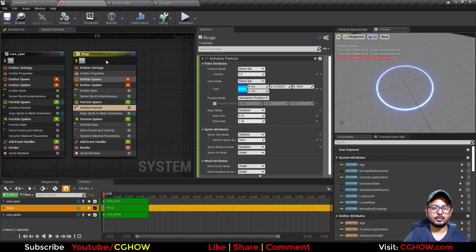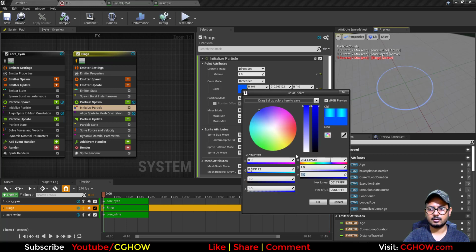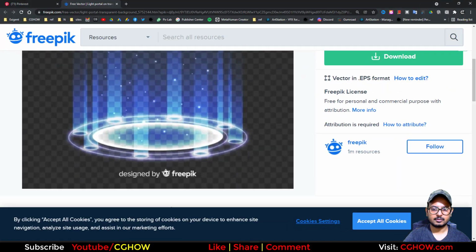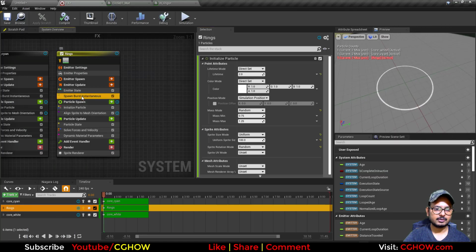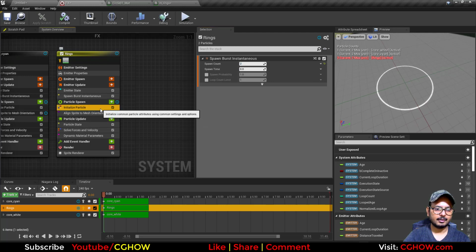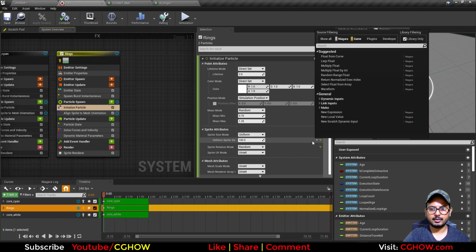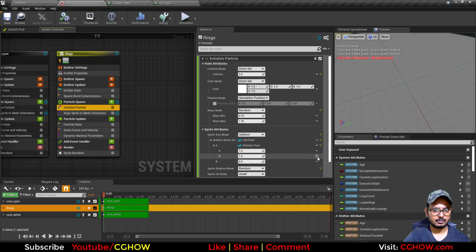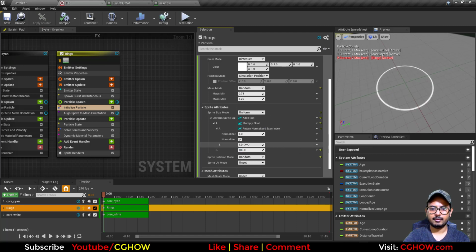But if you want to cheat that, you can duplicate this and reduce that thickness, the density. So if I make it just white, and this is sharp, and first these are two rings. So to make it two rings, I'll get 2, and in the size of sprite I will add first, then multiply with execution. So 100, and then if I increase the multiplier, this is my second ring, and let me check the